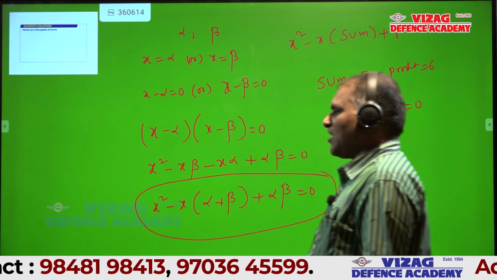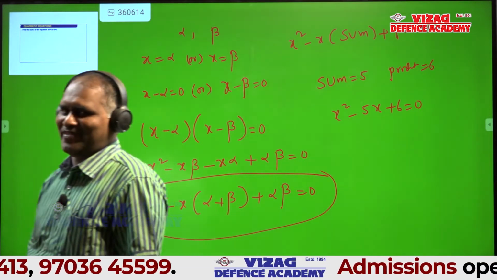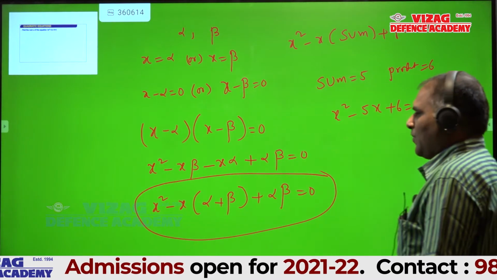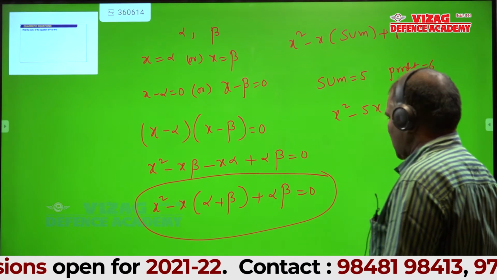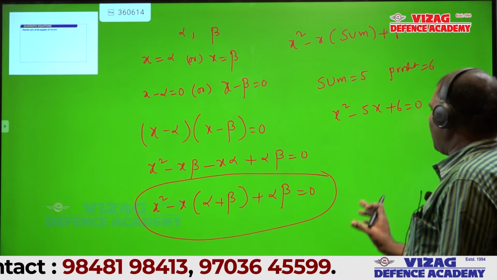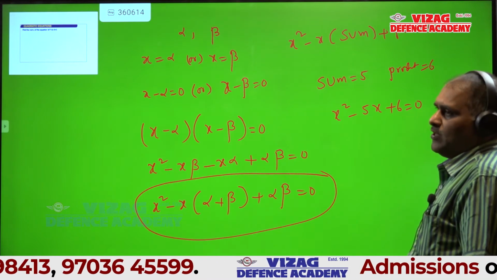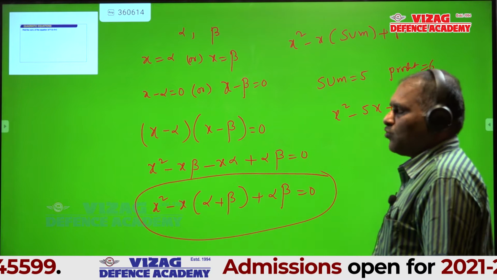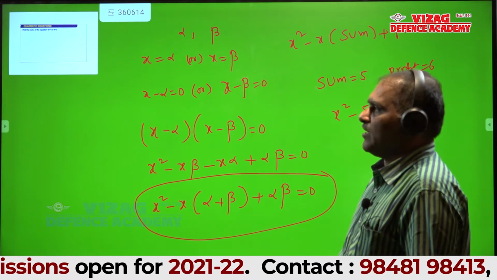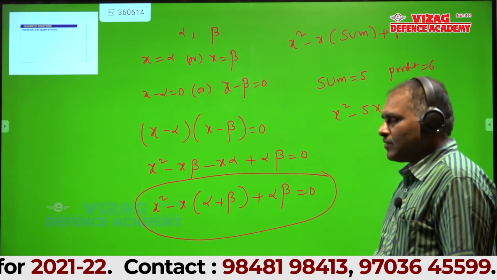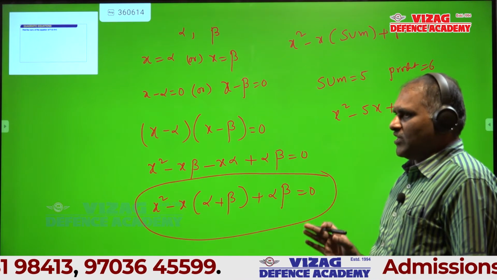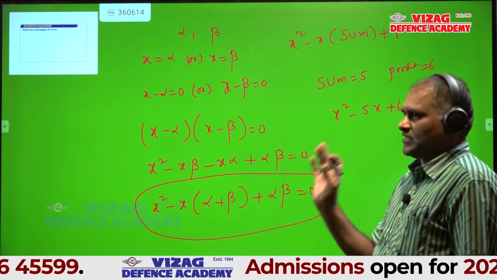What are the roots of this equation? How to find? One method will be there in this type of question. That method is the formula I told you in the last class. What is the formula? How to find the x value? Minus b plus or minus root over b square minus 4ac by 2a. Another method is factorization. Be concentrated.